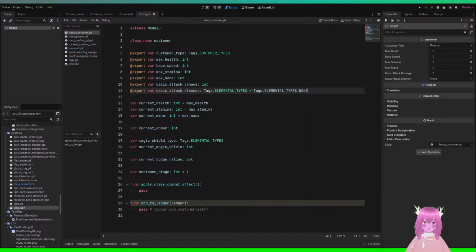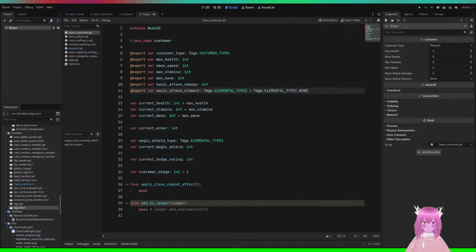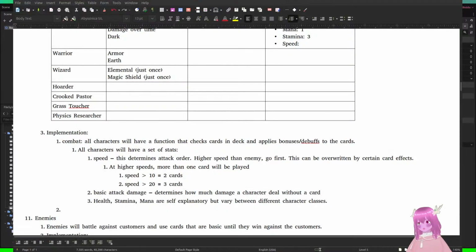Because I think that I'm going to have the wizards have a basic attack type of fire. You know what? No, screw that. That's generic. We're gonna have it be earth. All he can do is throw rocks at enemies with his staff. All he can do is levitate rocks at the enemies for the basic one. But yeah, this is something I'll have to put into here too.